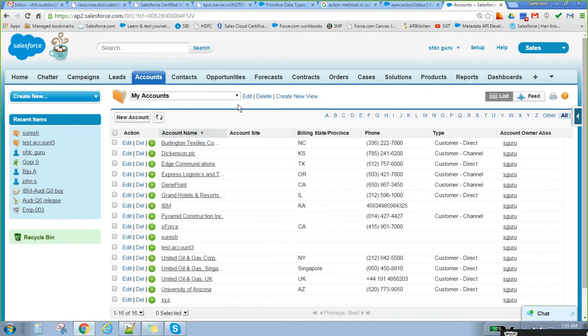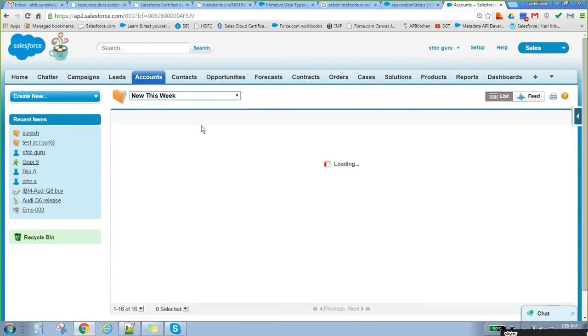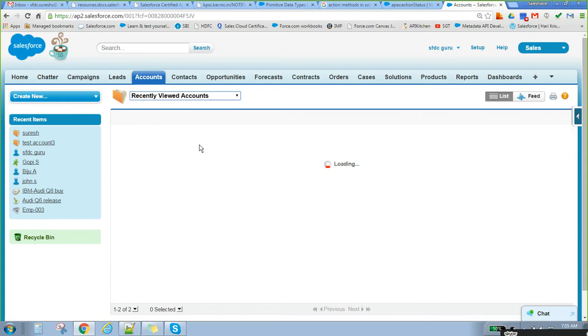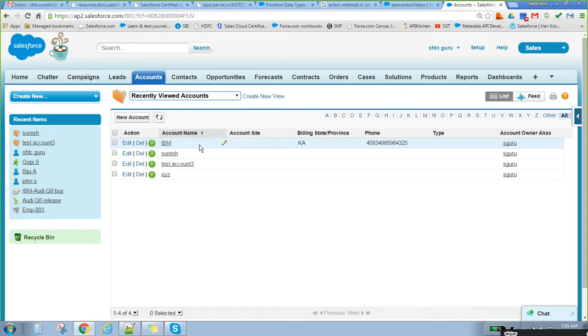Even though I am not hitting any button, I am just selecting a drop down, like new this week. Once you select this drop down, it is going to call one of the methods in the controller, fetch the data and display it here. This is the use of action support.